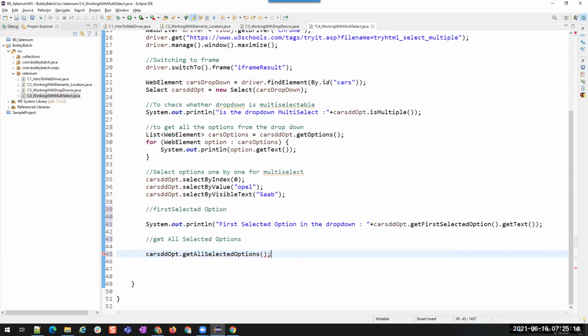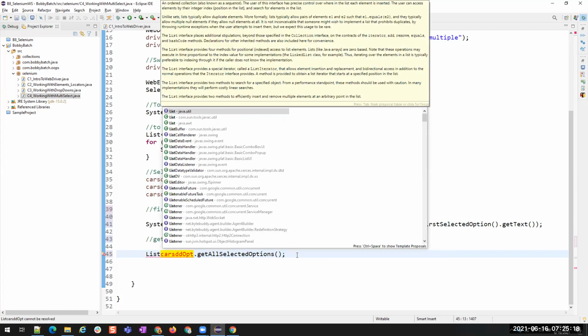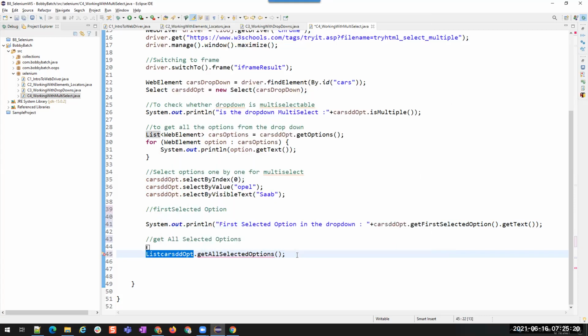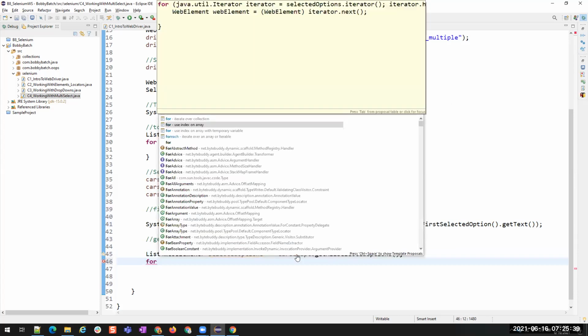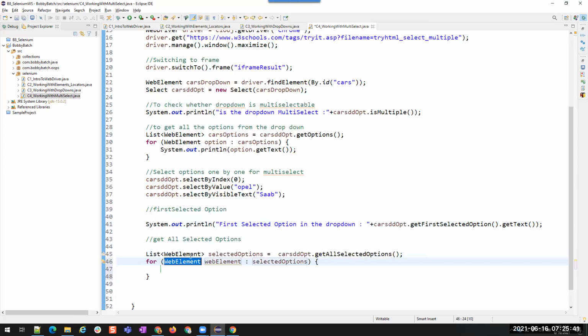Get all selected options is going to return a list of elements, and these are the selected options. Now again, to print the items from the drop down or list, I'm using this selected value.